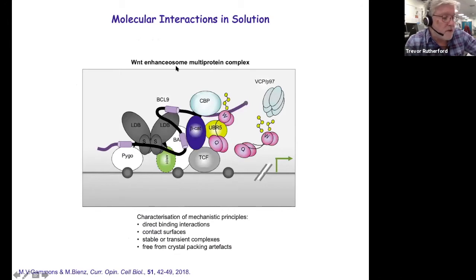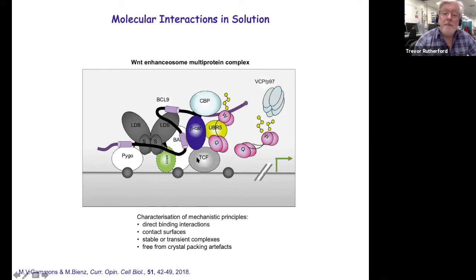The sort of things that we're doing day to day is we are contributing to the picture and providing a mechanistic view of how large complexes assemble. Something like this from Marianne Bientz's work is a multi-protein assembly that is way beyond the size of direct observation by NMR spectroscopy. It's a transcriptional activating complex, signaling complex involved in cell replication, but where NMR can contribute very valuably